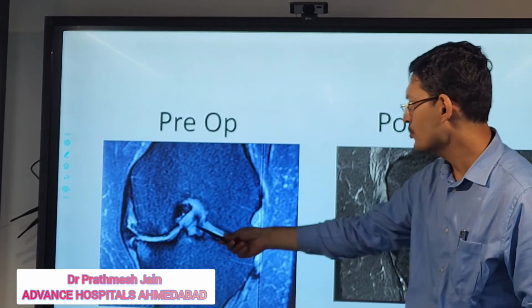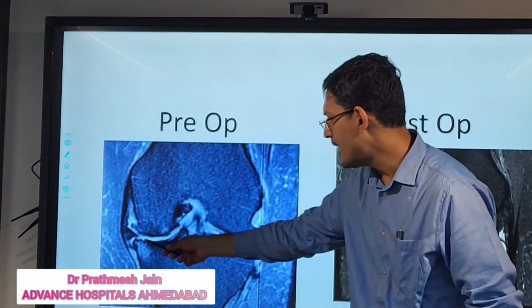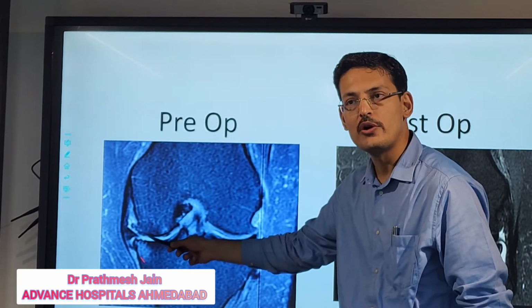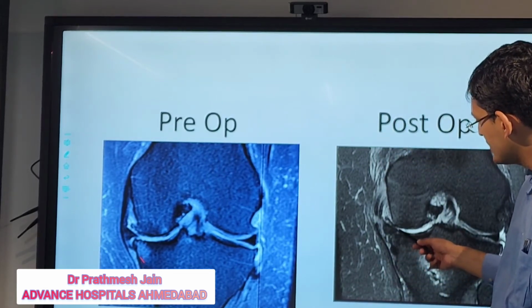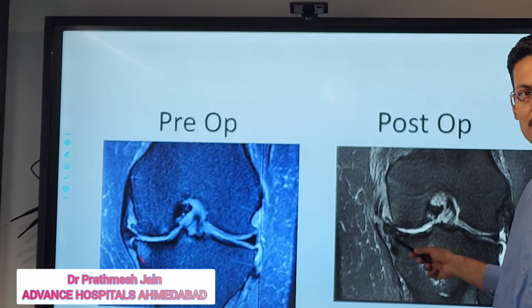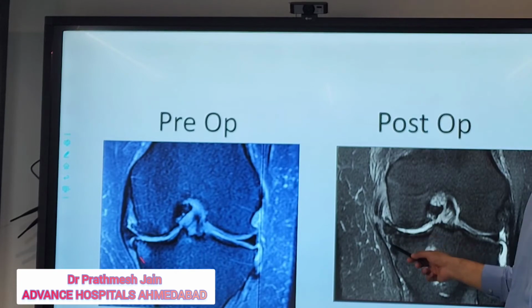You can see the extrusion is also very much improved. The other thing, you can see hyperintensity here on the medial aspect. That is due to overloading, medial overloading. Here in follow-up, the meniscus is much better inside, and there is no hyperintensity here. This is around 4 months follow-up. So the patient does not have a hyperintensity here, so there is not much medial overloading at present.